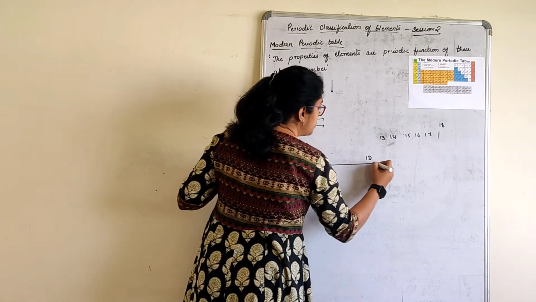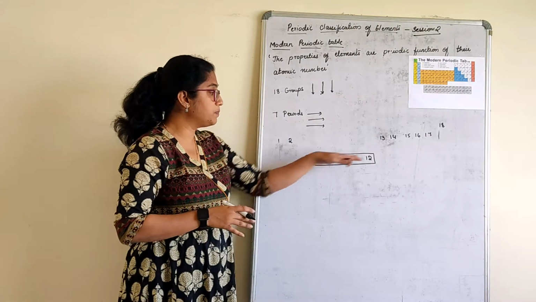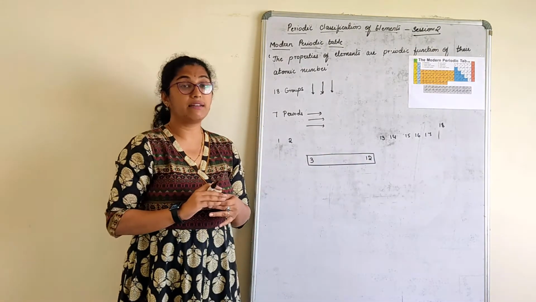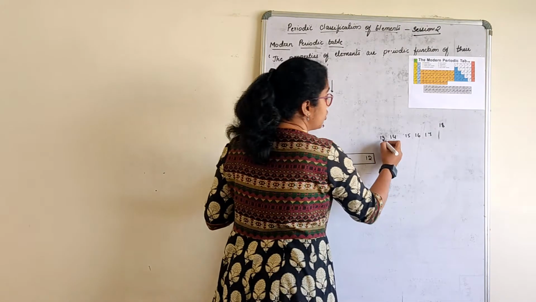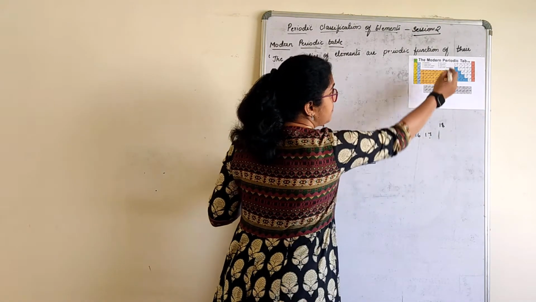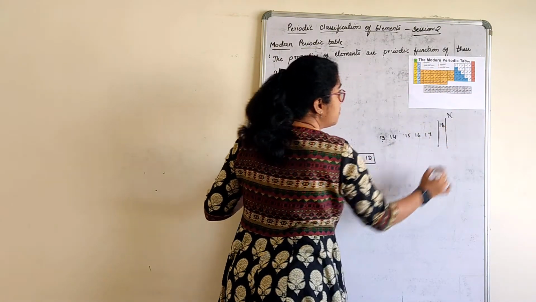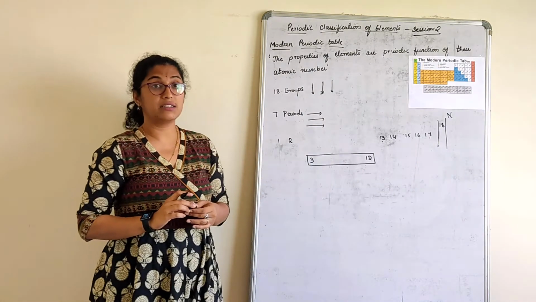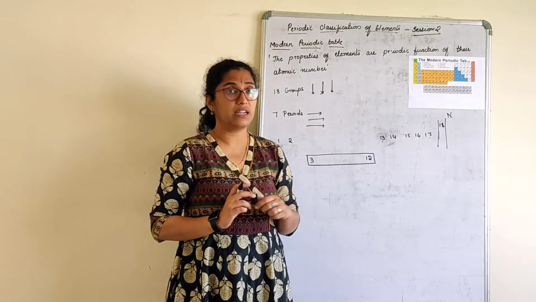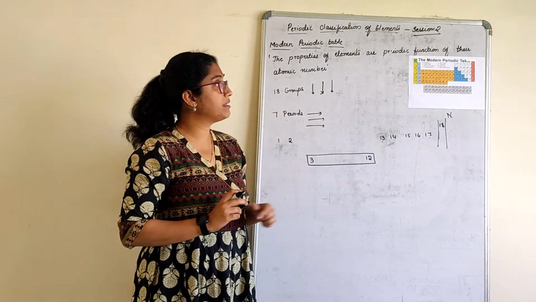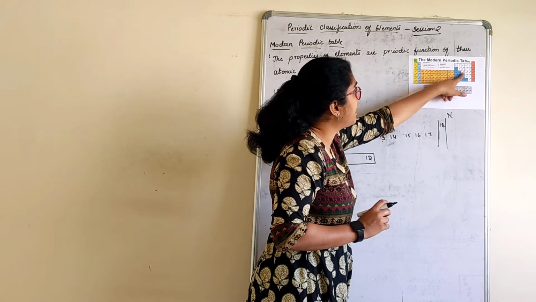Group 3 to group 12, we do not study in your syllabus. We study groups 3 to 12 in your higher classes, that is in 11th standard. Then comes group 13 to group 17. Then we have the last, 18th group. These are noble gases or inert gases. We'll discuss each of the properties. This is how the groups are classified. Now when we talk about the periods here, look, there is again one more blue color line or something.